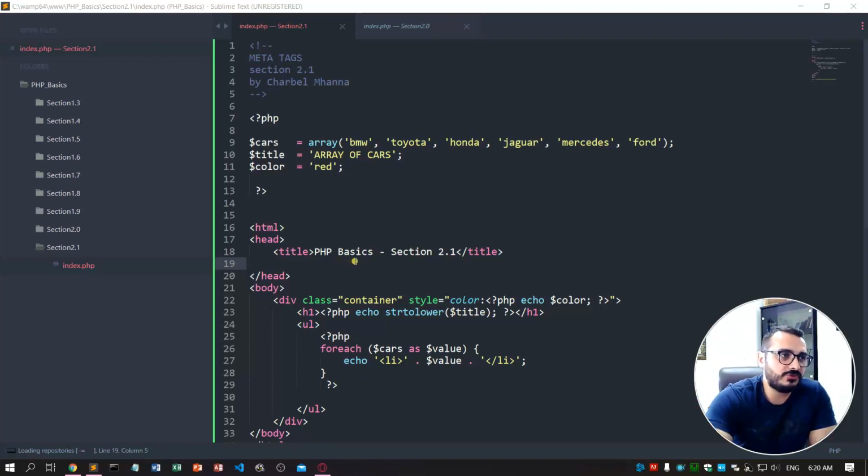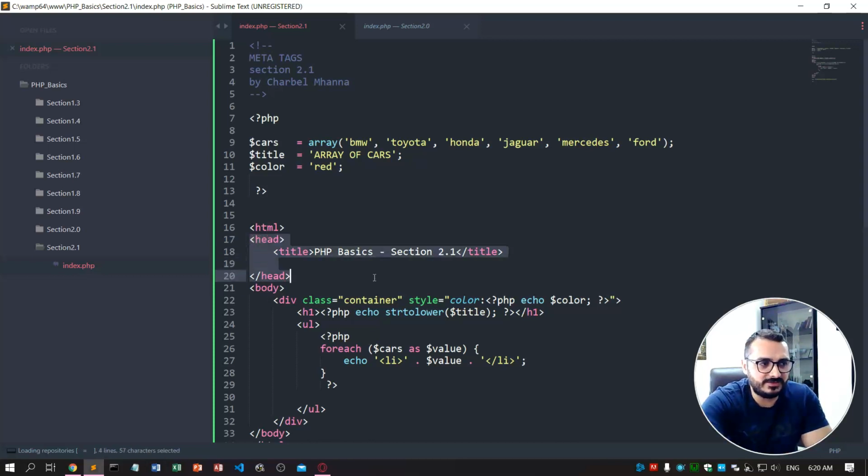Today I'll show you how to add meta tags in HTML, and also I'll show you a small example of PHP and HTML like section 2.0. So first of all, what you need to understand is that in your HTML, all the meta tags, which is the SEO, the description of the website, the title, everything should go in the head. So you always have to remember that in the head you will put your meta tags, and the three basic,